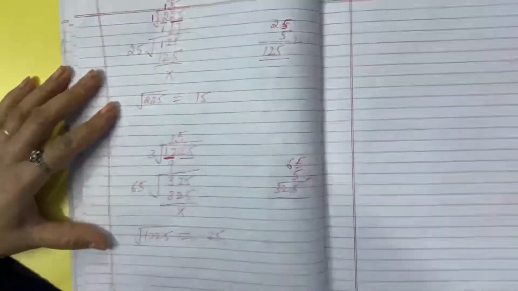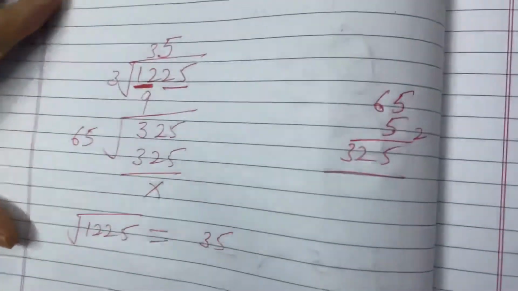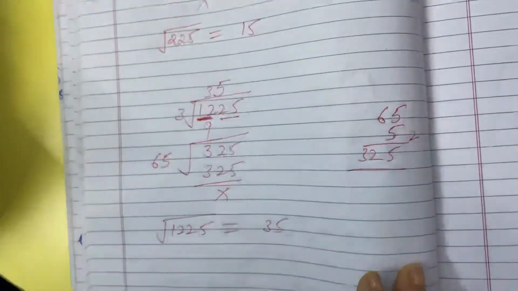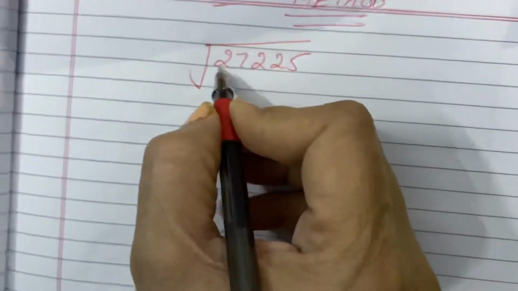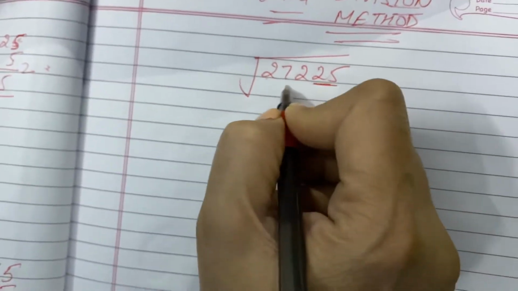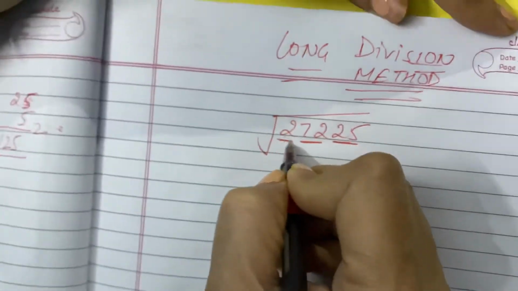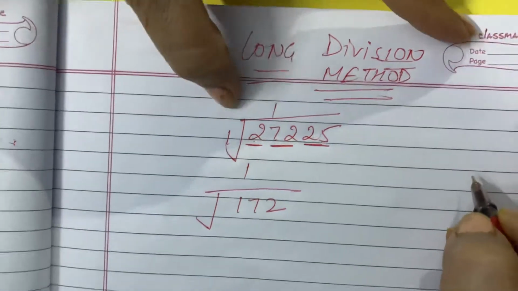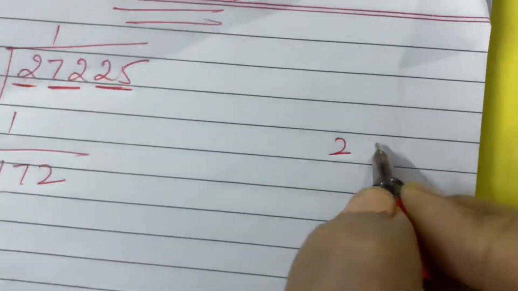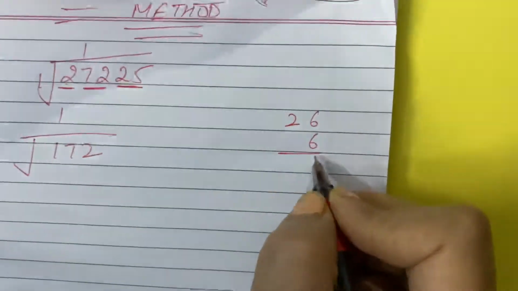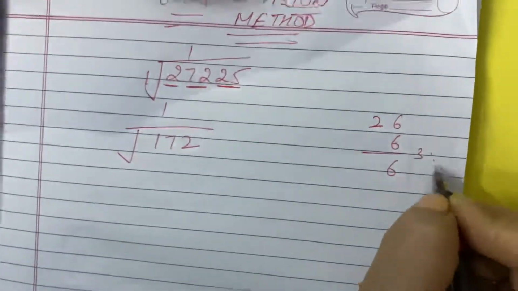Now guys, let's take a larger number which might be a 5 or 6 digit number, and we will do the long division method to find the square root. Now we have to find the square root of a 5 digit number, that is 27,225. So let's do pairing from behind. We get this. So this number is single. Take it as 1 1s are 1. Now 172, 1 plus 1, 2. Now multiply in such a way by taking the same number on this one's place so that the number would be lesser than 172. Let's multiply 26 into 6. 6 6s are 36, 6 2s are 12, 13, 14, 15.